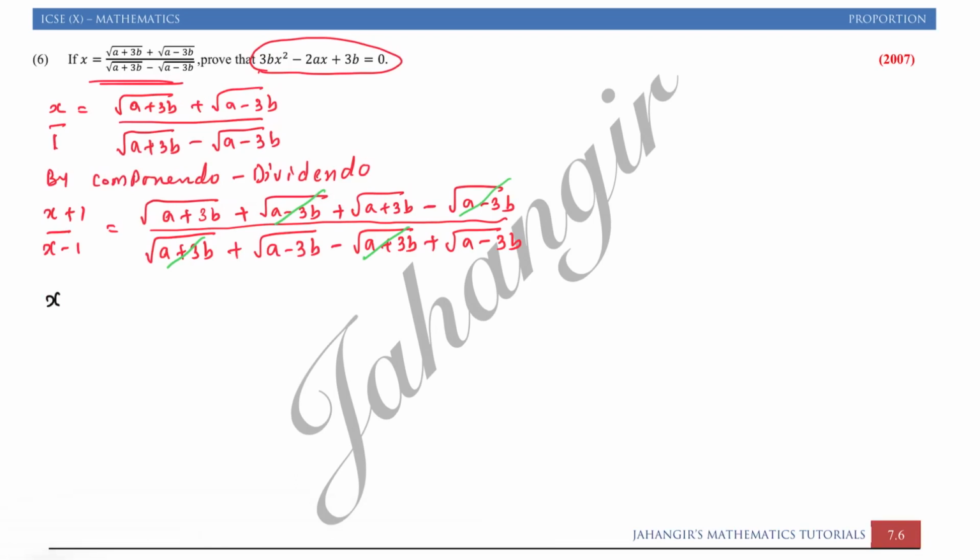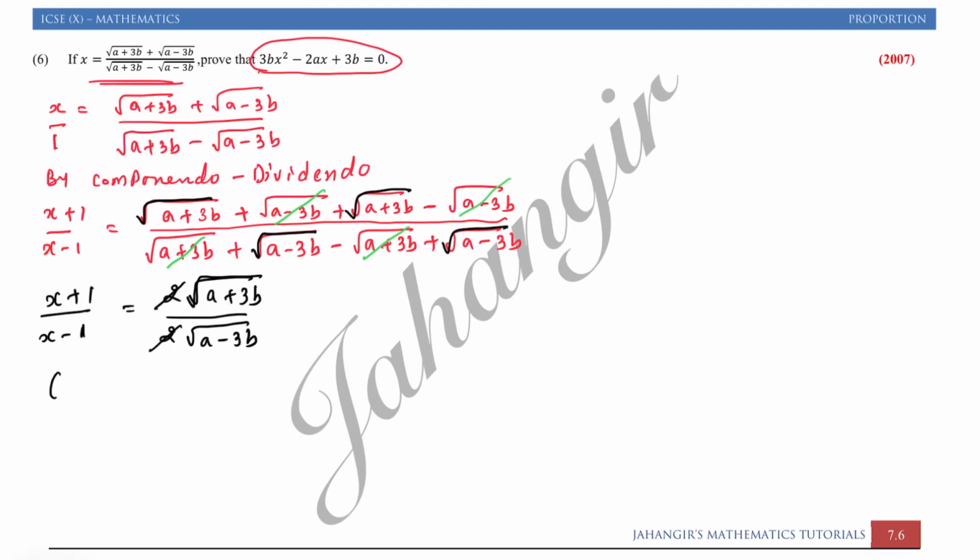Whatever is left, we can write as simplified form: root of a plus 3b plus root of a plus 3b, that is 2 root of a plus 3b, upon, in the same way, denominator a minus 3b, that is 2 root of a minus 3b. 2 will get cancelled. Now to remove square root, we will square on both sides. So we can write that squaring on both sides,